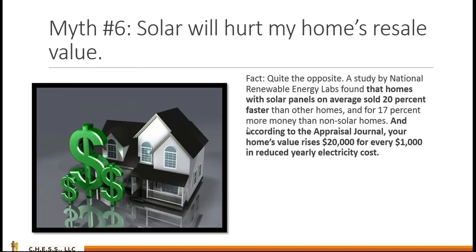Solar will hurt my chances for a home solar resale. Well, basically, this is about that study that has really put this myth to bed. That study has shown that when homes have a renewable energy system on them, the appraisal value of that home dramatically increases. And that's because nowadays people understand the benefits of having a system or a home